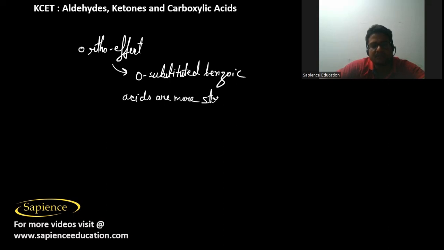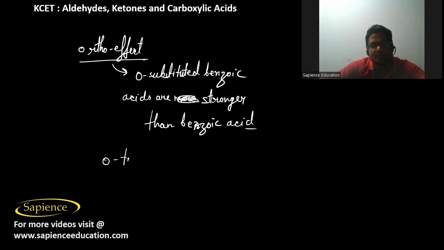So hence the ortho-toluic acid is the most acidic. Then we have benzoic acid,